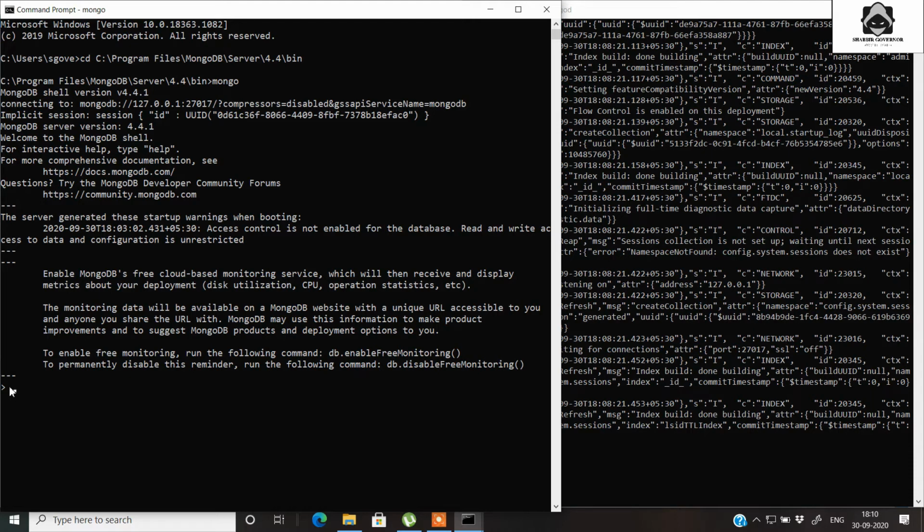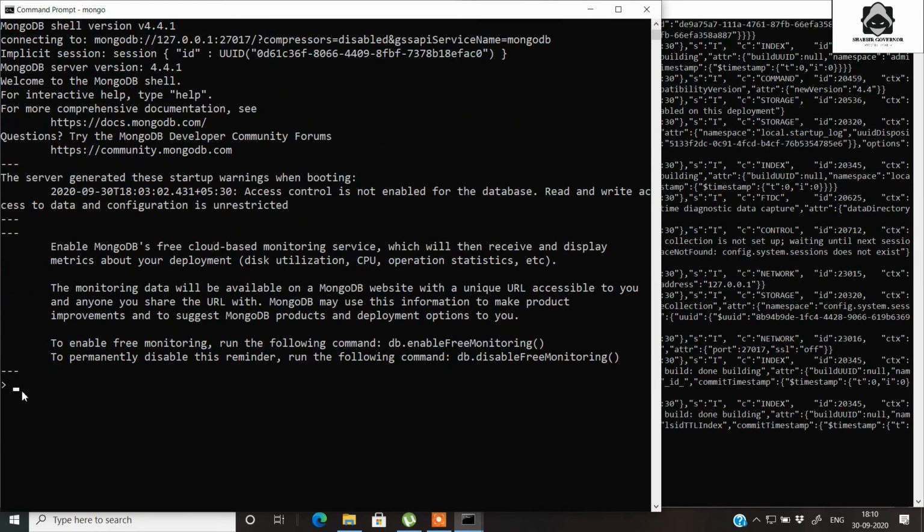To check for the databases that already exist in the server, we write a command for MongoDB: show dbs. It shows that the already existing databases here are admin, config and local. You can create your very own database here, like I can write my own name. So this is my database, and it shows that the server has now switched to my own database.